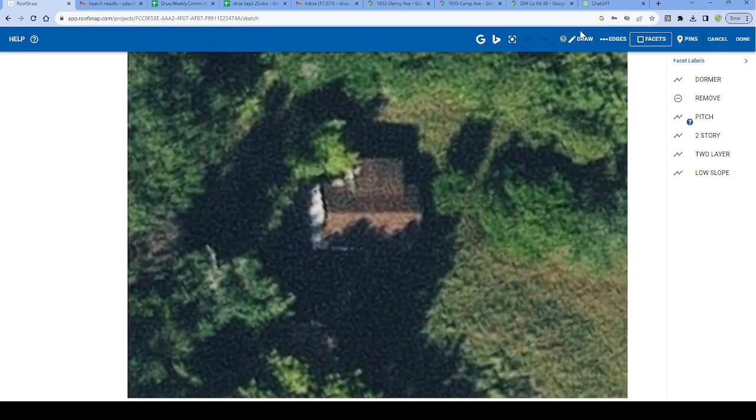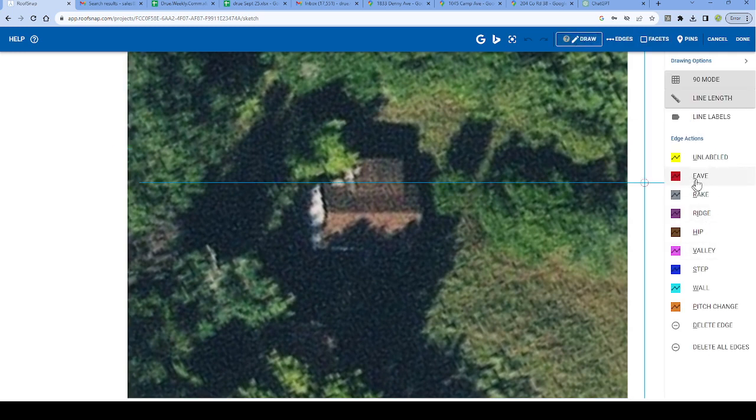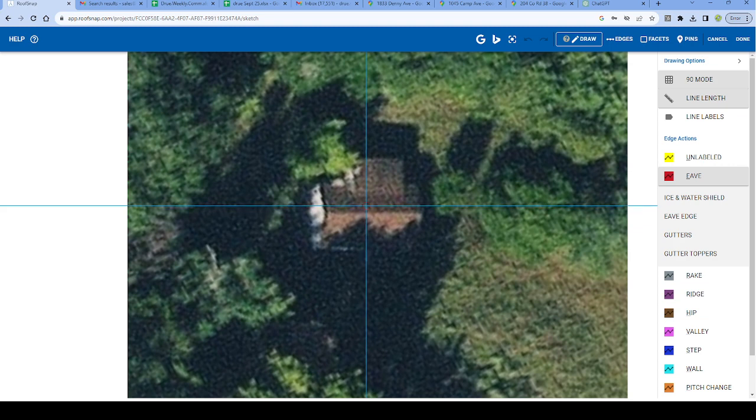And immediately you go up here to draw. You're going to draw, and I'm going to start with the eaves. This is a very poor example because it's all twisted and tweaked. So you know your eaves are coming across here, and they got some kind of overhang going. You know that the eave is going to come at least a foot or two under the